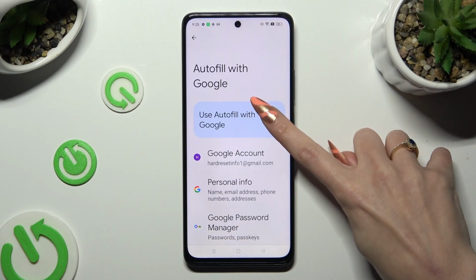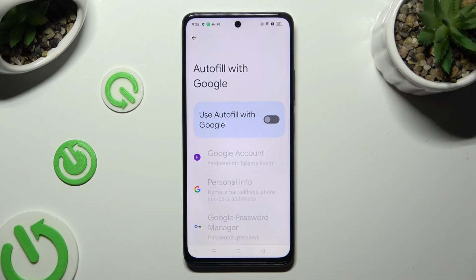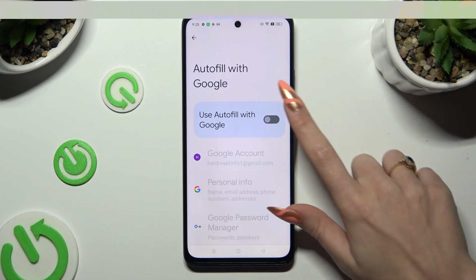So when I click, as you can see, the switcher and all of those options turned gray. That means that autofill is definitely off, but you can always switch it back on by hitting the same now